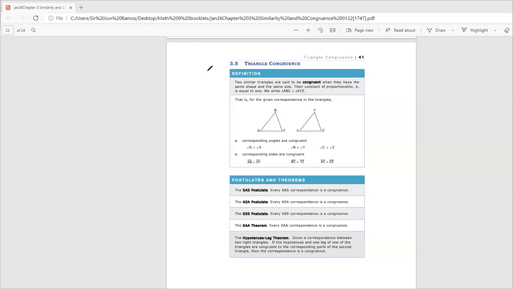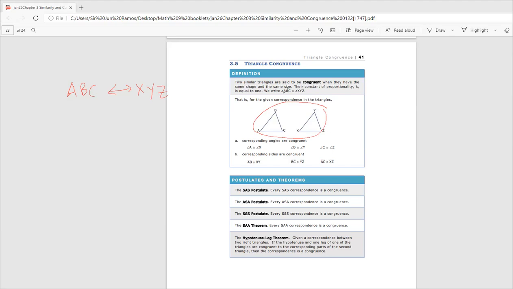Good day. This next video will be an introduction to triangle congruence. Suppose we have this correspondence between two triangles. Say triangle ABC has a correspondence with triangle XYZ. This means that A corresponds to X, B corresponds to Y, C corresponds to Z. So as drawn here, when we have